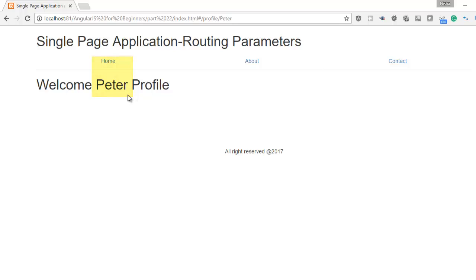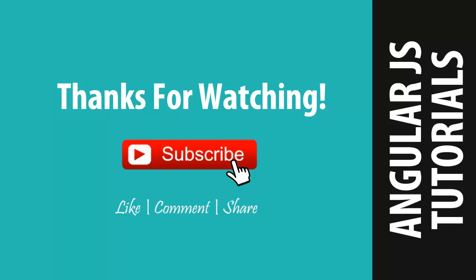So this is how you can pass parameters to your route, and it is very useful when you make a CRUD application and you have a lot of users and you want to take a particular action on a user, like you want to delete any user, update any user or update any resource, or edit any resource. In that case you have to pass the ID of that particular resource with the help of routeParams. I hope you liked this video.